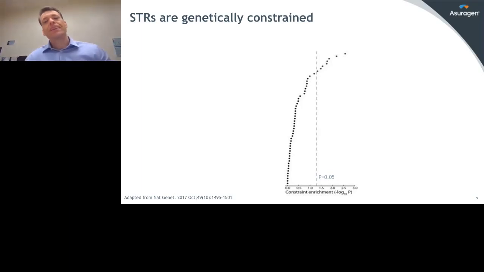In addition, it's useful to think about the functional impact of STRs in terms of how intolerant or not they may be to mutation. Now, on one hand, I mentioned that STRs can be much more plastic than SNPs by comparison, but that doesn't mean that they're tolerant of mutations at every locus, which then suggests function within their role in the genome. And this study, which just came out within the last month, looked specifically at whether STRs were genetically constrained.